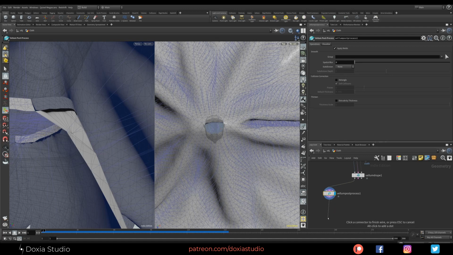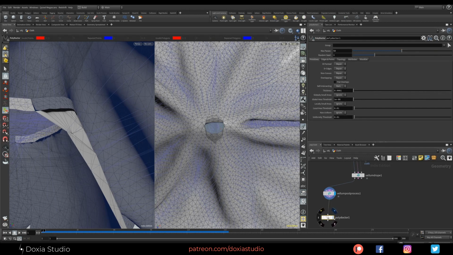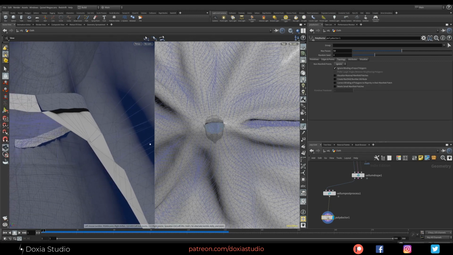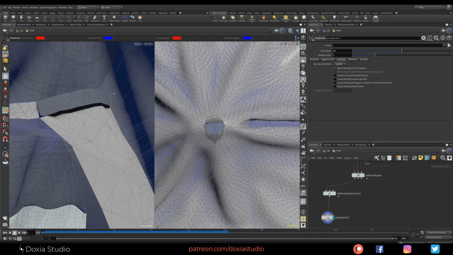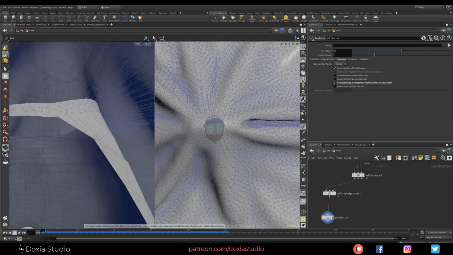One way to do this, we have the Poly Doctor. This node can fix everything for us. It's going to recalculate the normals depending on everything. So I think there is great winding polygons. By checking this, it is going to check every topology, every model, every polygon, check the normals and fix them to make them uniform.